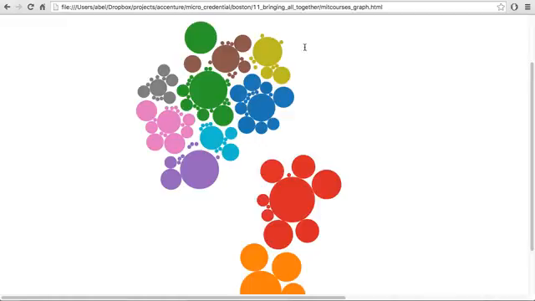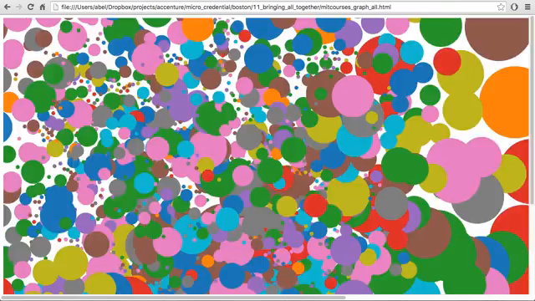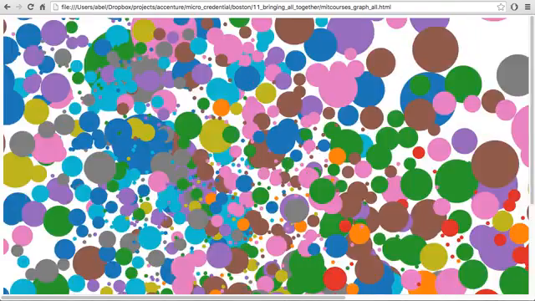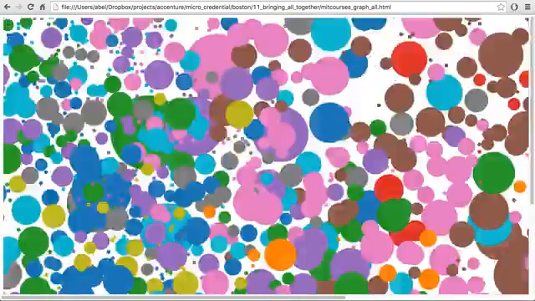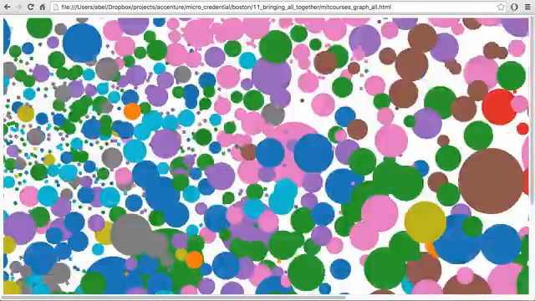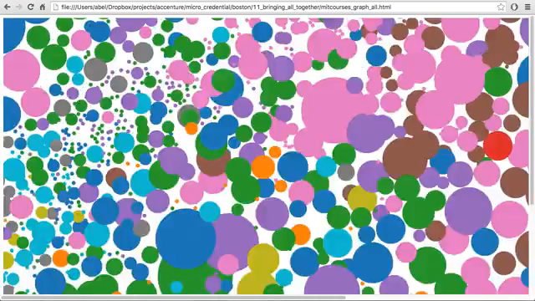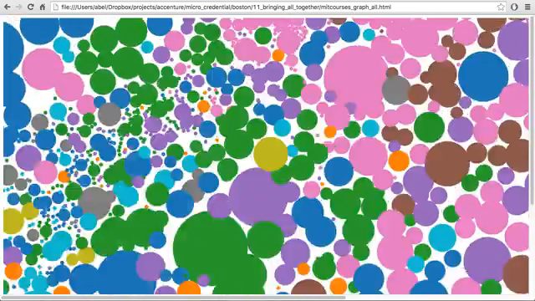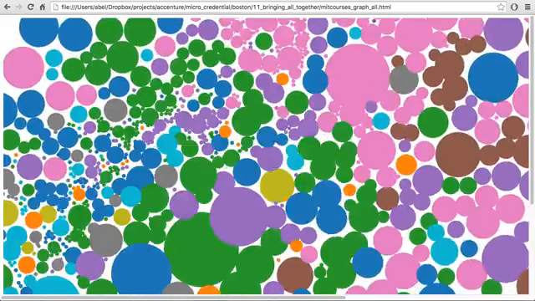So if you load that one up, I have that in a separate page here, you'll be able to see a storm of bubbles pretty soon, and it takes a while, and all of those bubbles fighting each other to be able to organize themselves onto the screen. Eventually they'll settle down, and you'll be able to see some patterns. There it's starting to